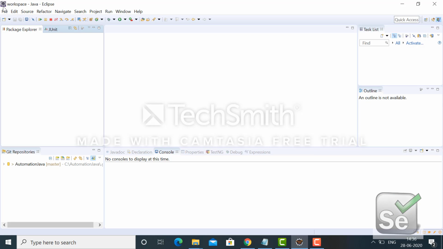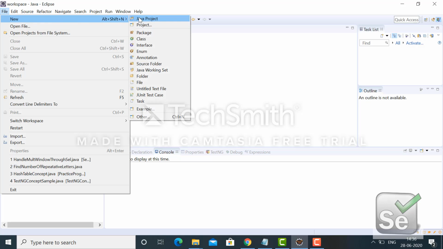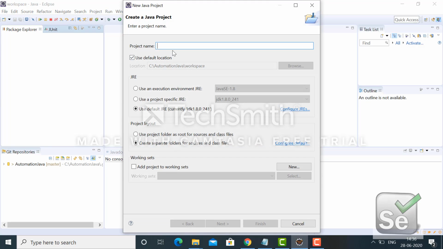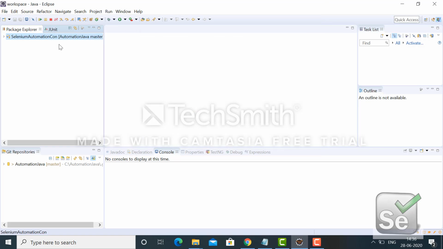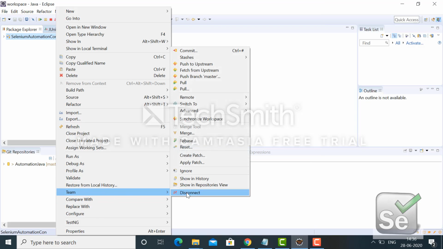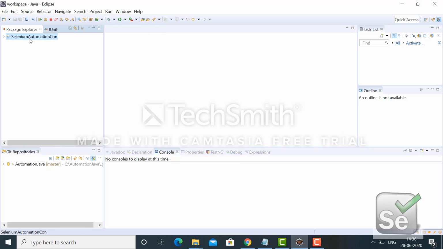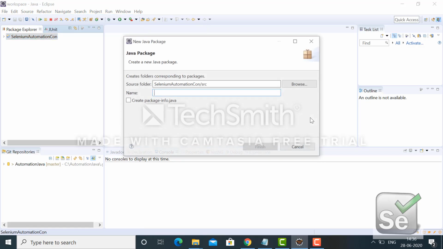Once you have your IDE open, we have to create one Java project. I am giving the project name as Selenium automation concept. Under this Java project, I will create one package, and I am giving the name multiple window handling.